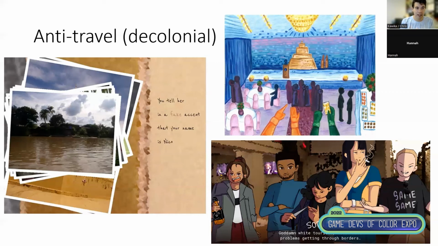So you can see here on the left in the blog section, it says you tell her in a fake accent that your name is Nico. So you can make up a person, pretend that's who you are, right? In the upper right portion here, this is from one of the episodes where two of the characters are paid like $1,000 to show up to a ball and pretend that they work for a company. This is also something that happened a lot. They would often just take a white traveler, usually a white male traveler, and a company would pay them to pretend to work for the company so that the company looked a bit more cosmopolitan. And so these travelers do take advantage of these kind of things, the way that race is perceived.